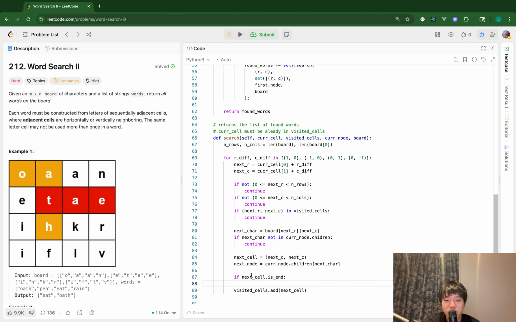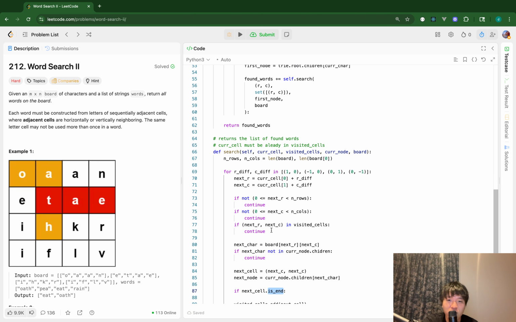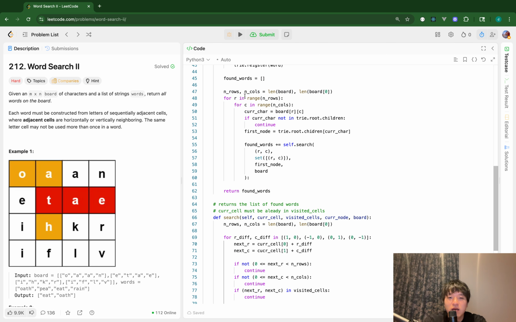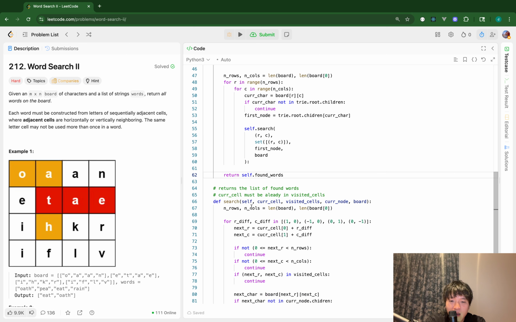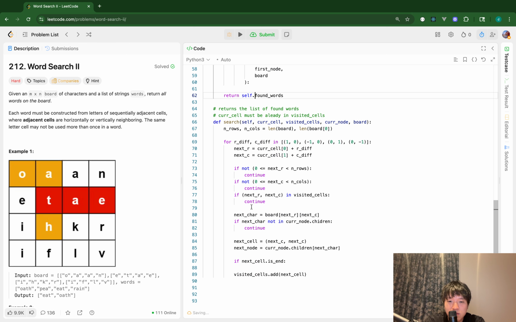So if the next cell ends with that, I have to build the word and append it to the found words. So let me change this found words to the instance variable so that I can append found words in each recursive function when I find it immediately. I think it's easier to understand. So I don't need this. Okay. So here I will append